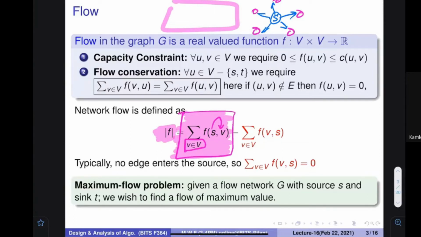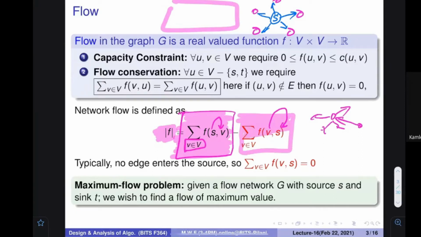There could be one more term that tells whether any other node is sending something to S, because S was sending to each of the others. But if there is another node sending to S, that may also be possible. That value needs to be subtracted. We assume that only S is producing, so if some other node is sending something to S, it is definitely because something came from S, went there, and then was returned to S. That is the only way possible.